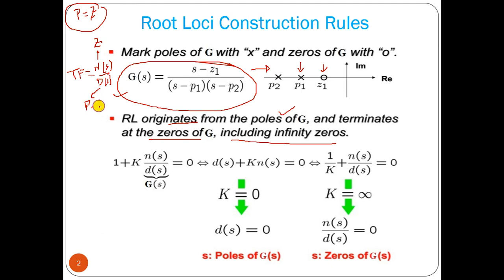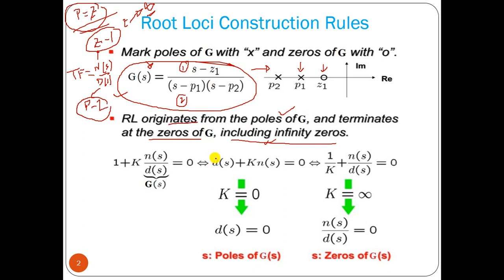Say we have two poles and we have one zero in a system. For this example we have one zero and we have two poles. These are called finite poles and zeros, which are present in the transfer function. But actually what should happen? Number of poles should be equal to number of zeros. Now here we have two poles but one zero, so there must be another zero that should be present. And that zero is basically present at infinity. That is called infinity zero.